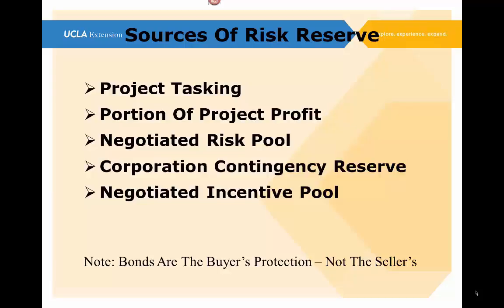Many times, though, we get into a project that's already in process and we find out that there's an inadequate risk reserve after we do our risk evaluation. So often I've used the technique of project tasking. I go to the individuals running various tasks or parts of the project and ask if they're willing to take a task and underrun their total task budget by maybe 10% or 5%. Should they do that, they will get recognized, and I will write a letter recognizing their performance